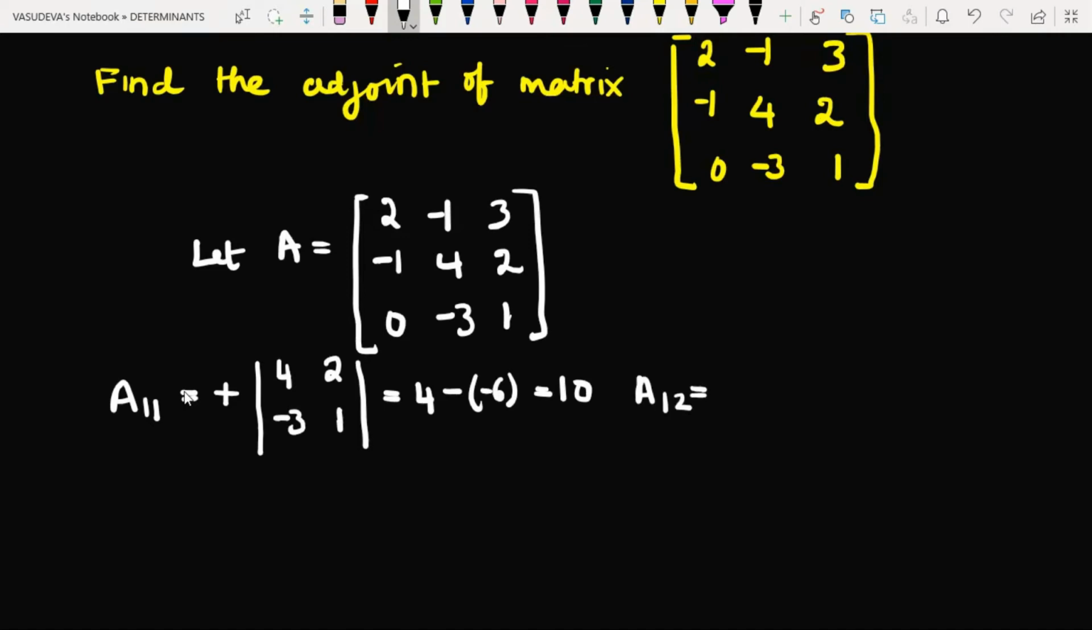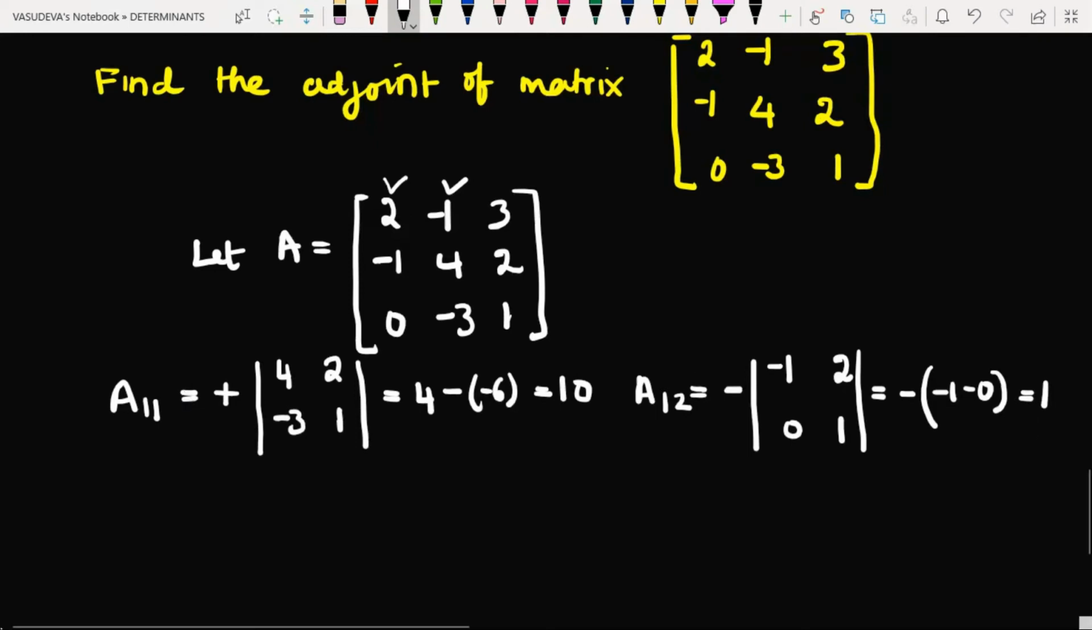A12, the cofactor of the element -1. 1 plus 2 is an odd number, therefore it is minus the determinant of, leaving the elements of the first row and the second column, the remaining elements -1 2, 0 1. Therefore, expanding the determinant: minus of (-1 into 1 minus 0). So minus of -1 will become plus 1. So A11, A12, then